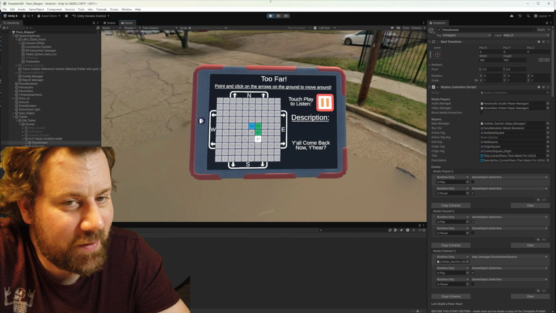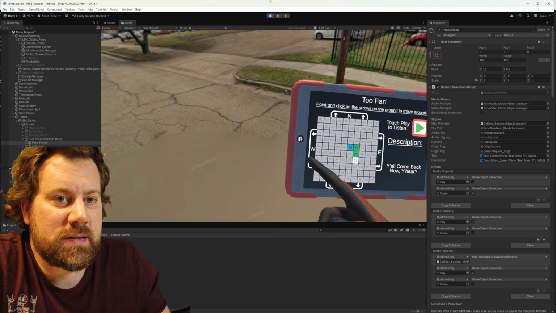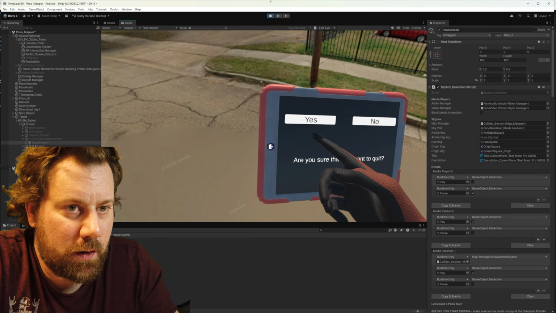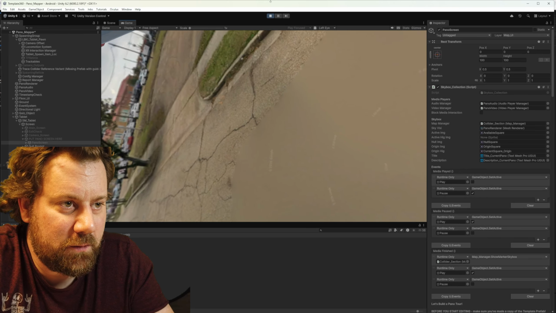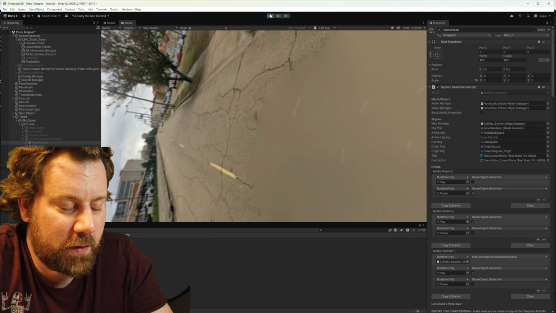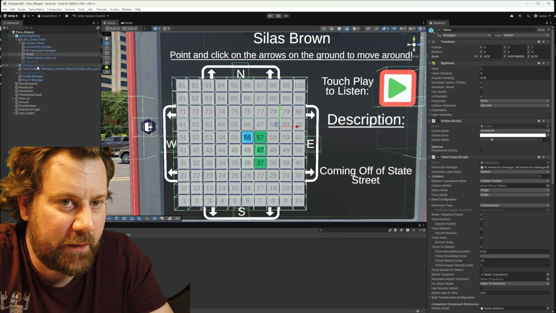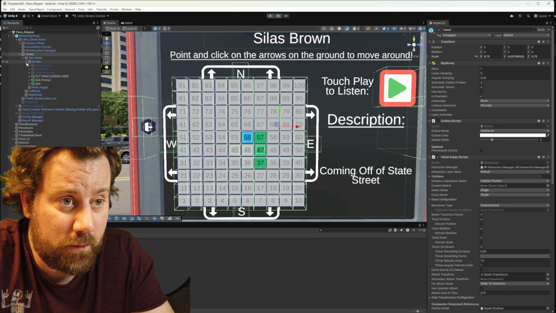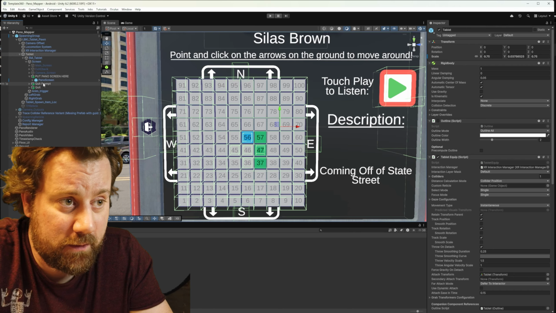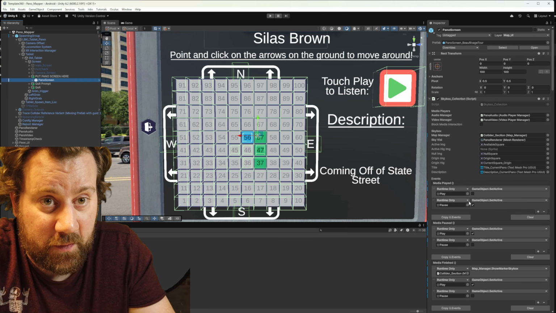Well, that's what copy-paste is for. So let's get out of here real quick. Right, the exit button doesn't actually do anything when you're in the editor. It will work once we build the app though. So back inside our panel screen prefab, we want this southbound path actually going north from the west side of